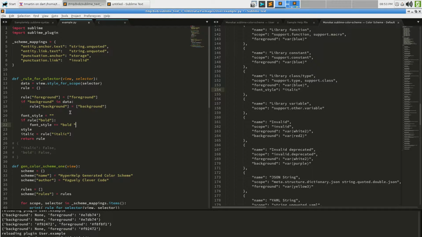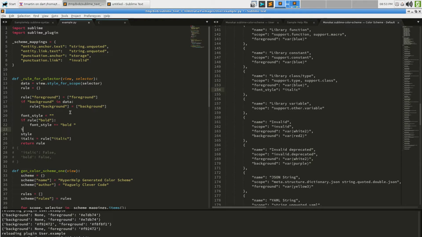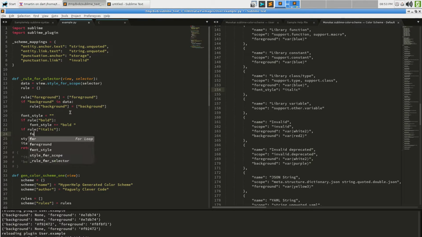We're going to add a space to that. And then we're going to say if rule italic, font style plus equals italic, and we don't need to put a space on that one.